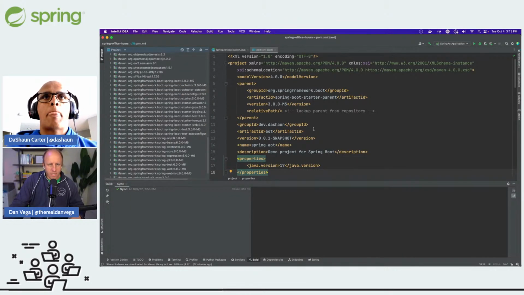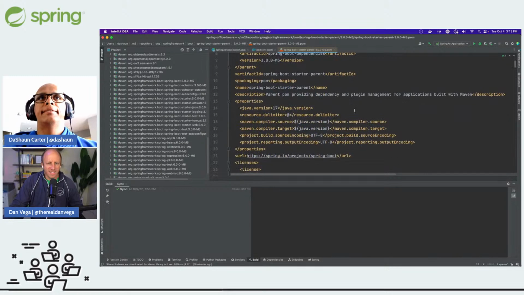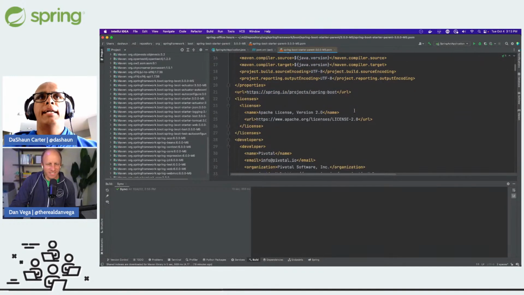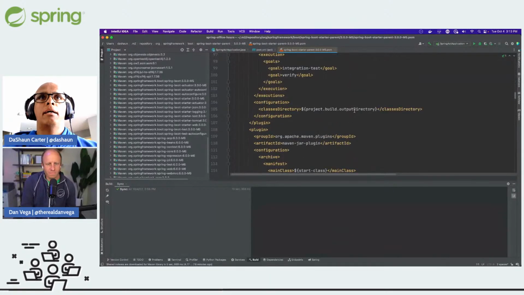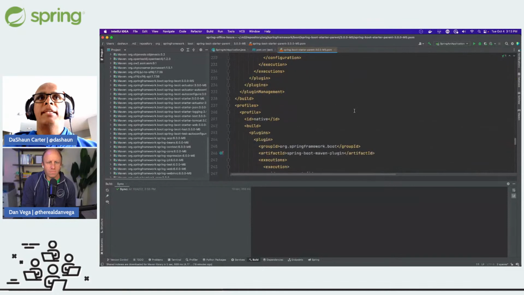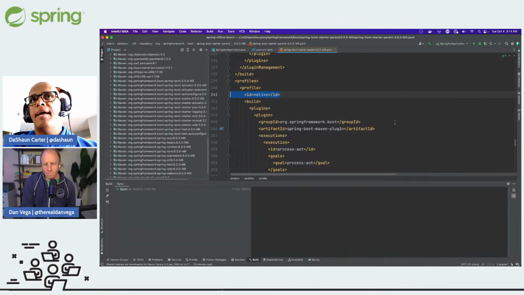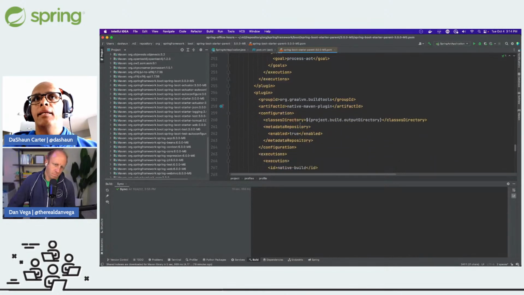Can you command click Spring Boot parent? Look at you. Yes, command click. And I should now see my profile that we used to get from the initializer. Here it is. That's that profile I was talking about. Again, we have the Maven plugin, but when we use that profile, the Maven plugin,